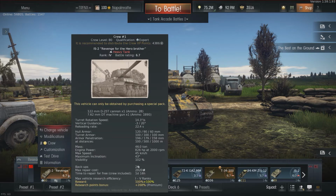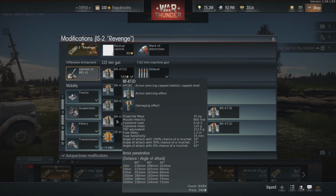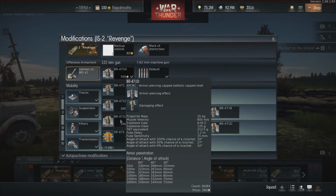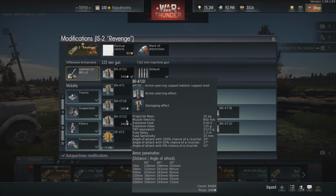And it has the same battle rating of 6.7. And it features this somewhat controversial BR-471D shell. Why is it controversial? Well, it never was used on this tank. In fact, it is a post-war shell that was just equipped to the IS-3 and IS-4, as far as I know. And it is just a problem because